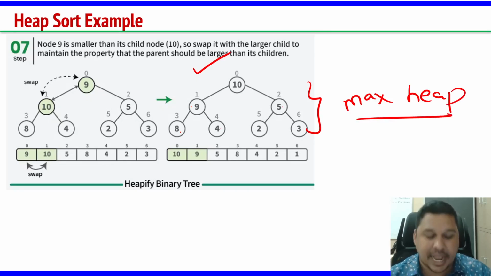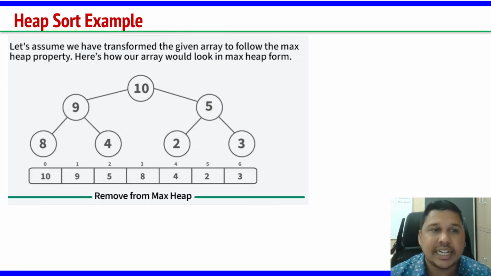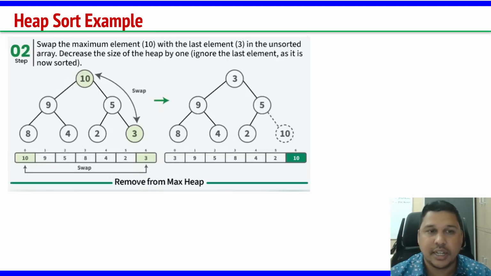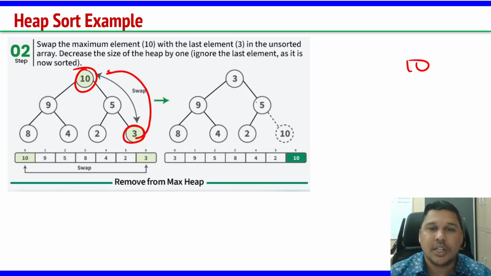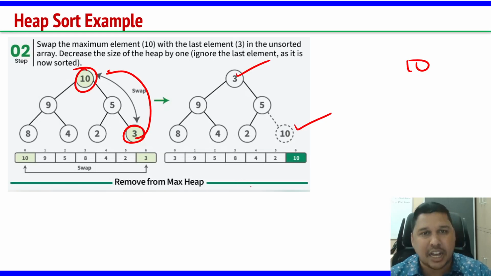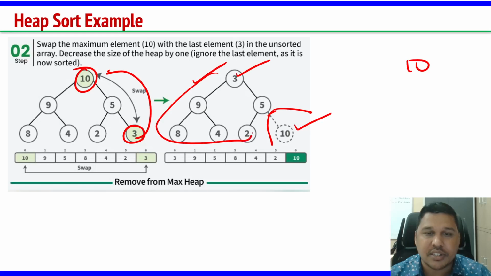After constructing the max heap, what do we have to do? Delete the topmost element. So, this is the tree, we have to delete the topmost element, 10, you delete it. After that, the last element of the tree should be placed onto the root. So, it becomes like this, and place 10 here. Just swap the last element with the root element. So, the tree becomes like this. Now, you do heapifying for this,